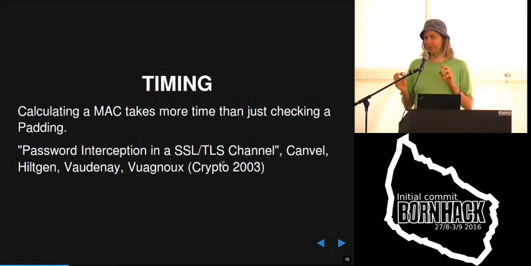But now we have this same error message, so the attacker cannot do this error message padding oracle anymore, but there's still a problem, because it takes a different time to just check the padding or to check the MAC. Because calculating the MAC involves some complicated crypto, and that just takes longer. Therefore, the attacker can just do all the same attack and just measure how fast the server answers. And then he has this padding oracle attack all over again.